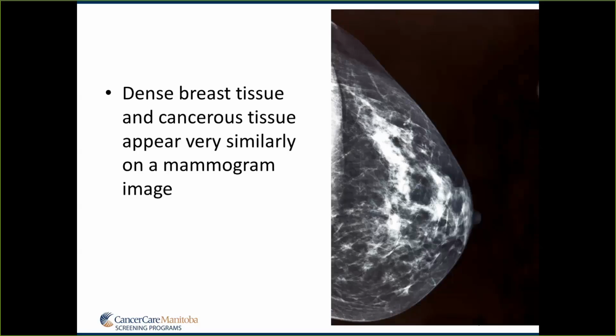Published data suggests that the masking effect of dense breasts on cancer detection is reduced with the use of digital mammography versus film screen mammography. This applies more to the mammograms that are moderately or heterogeneously dense. Because the image is digital, the radiologist is able to window and level the image in order to help differentiate tissue and better see subtle architectural changes, masses, or other findings that may signal that a cancer is present. In Manitoba, all of the mammography units are digital. They were bulk purchased and are identical in quality.